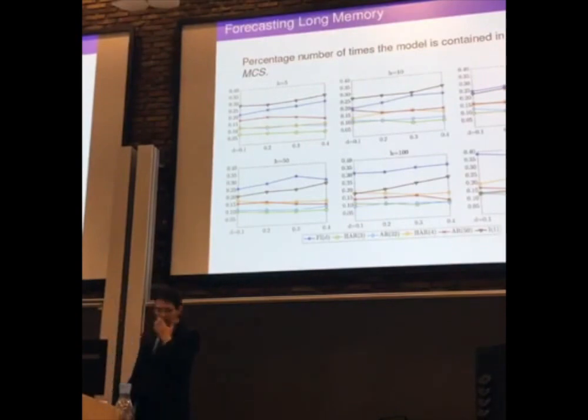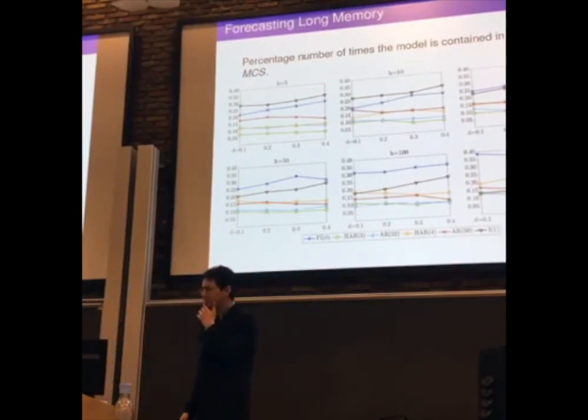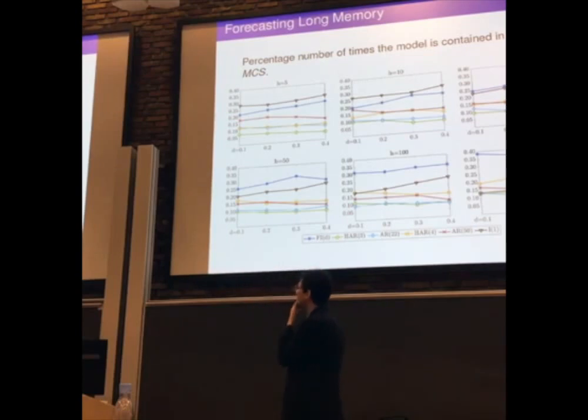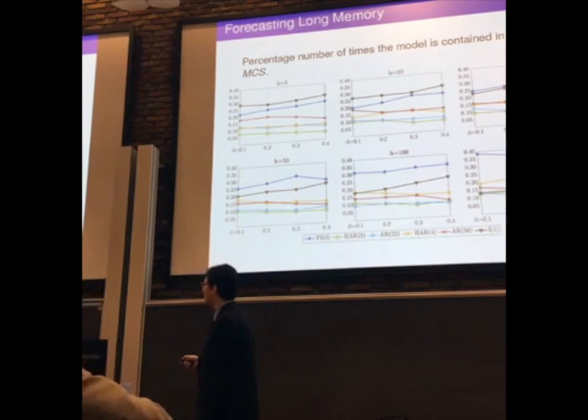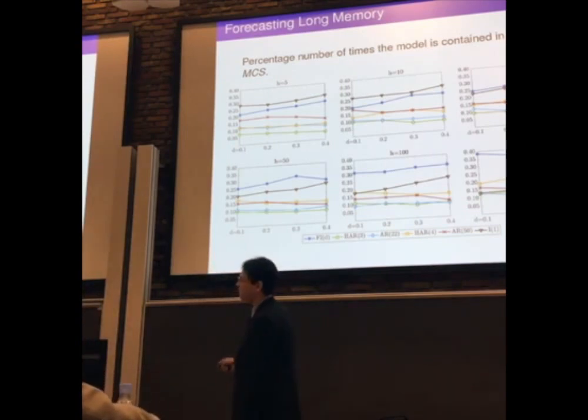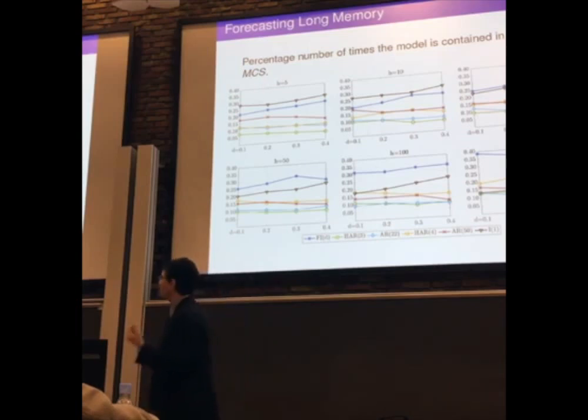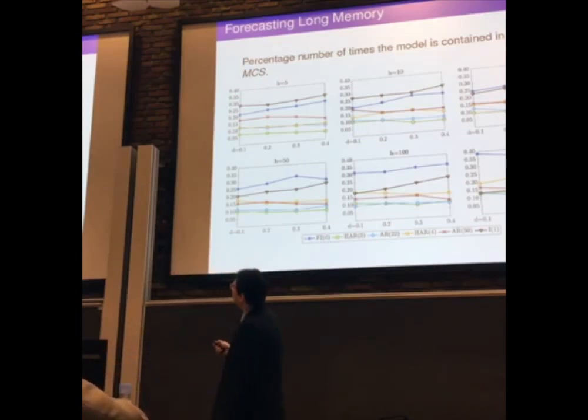Here I'm just going to show you the model confidence set results. For these 6 models, in the dissertation we have way more graphs. So in blue we have the fractional differencing. We have the HAR3 in green, light blue, the AR22, so I would say they are related. The same with the yellow and the red, and then the I1 process. And we have here the percentage of times that each model falls into the model confidence set, so how many times on average they are selected, they are the preferred model, for different horizons of 5 periods ahead, 10, 30, 50, and so on.